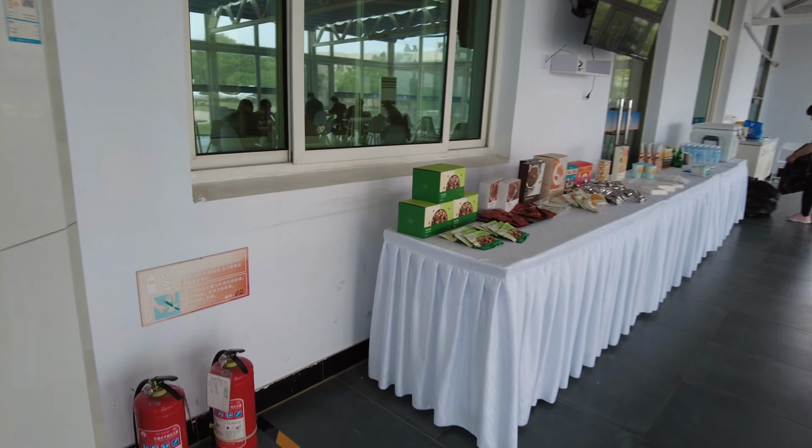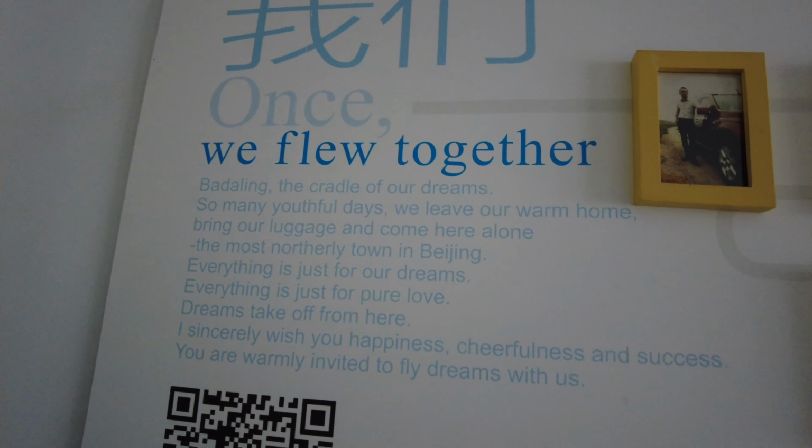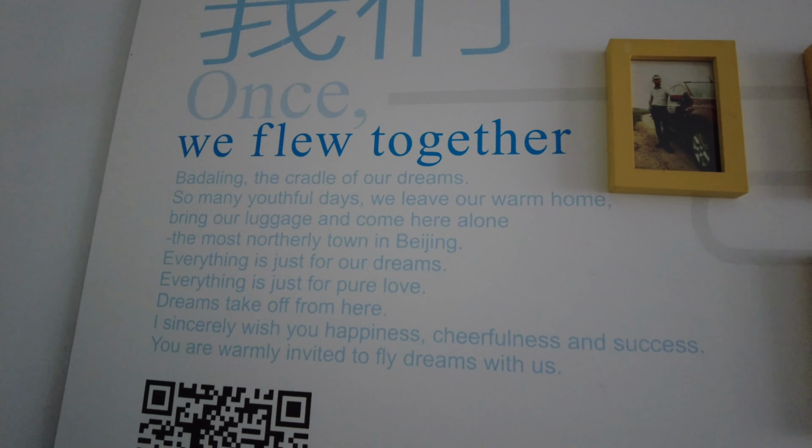Lots more incredible NIO Life products here. A couple of pretzels from Germany. Once we flew together. So here is the memorial wall of all the incredible pilots over the years who have flown out of Badaling. Got pictures from